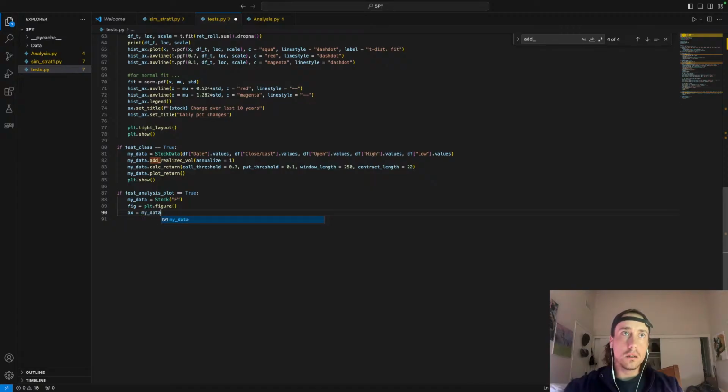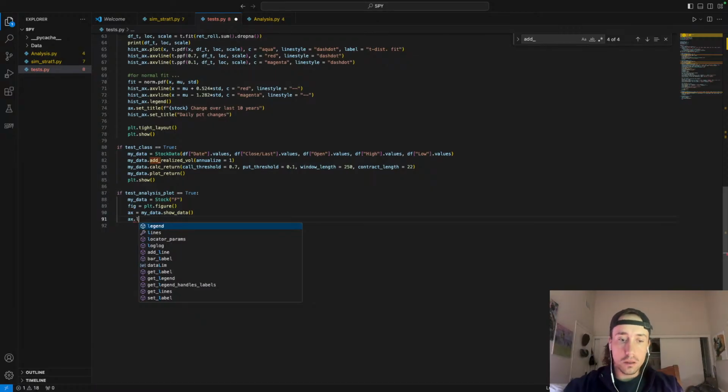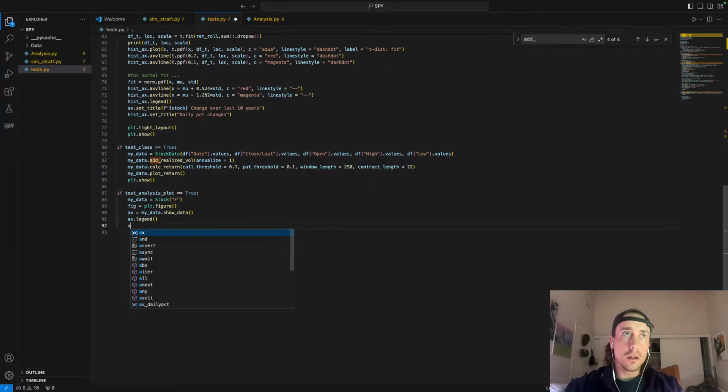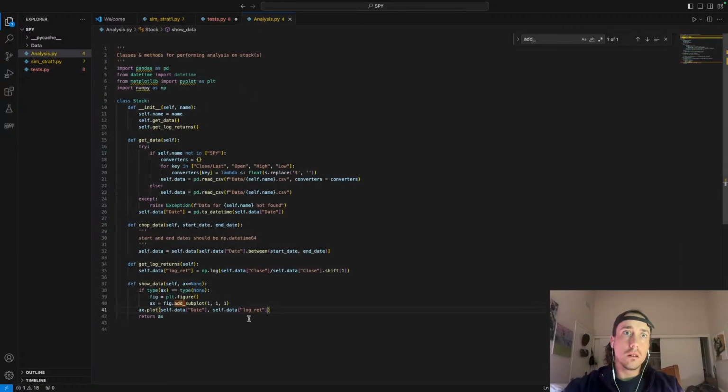my data dot show data, ax dot legend, ax dot so here